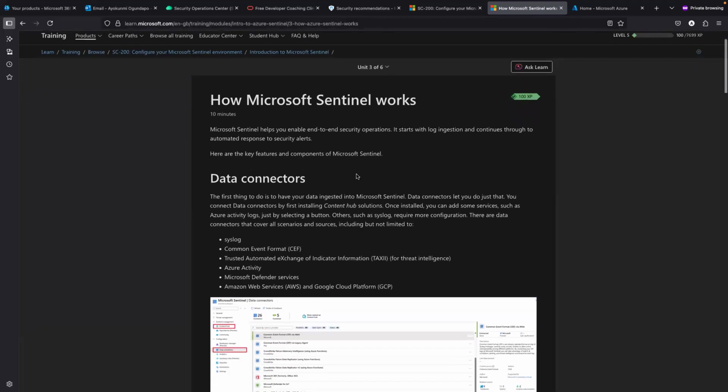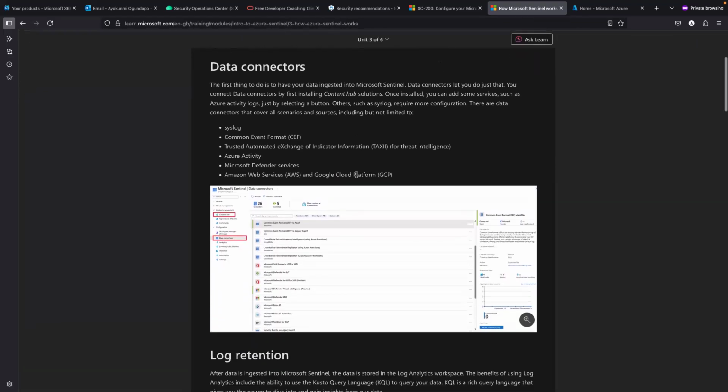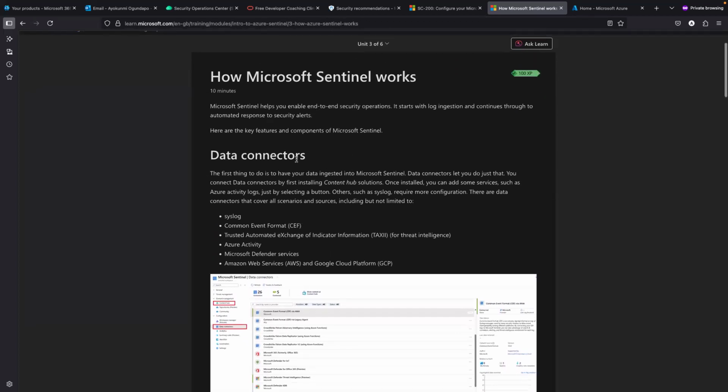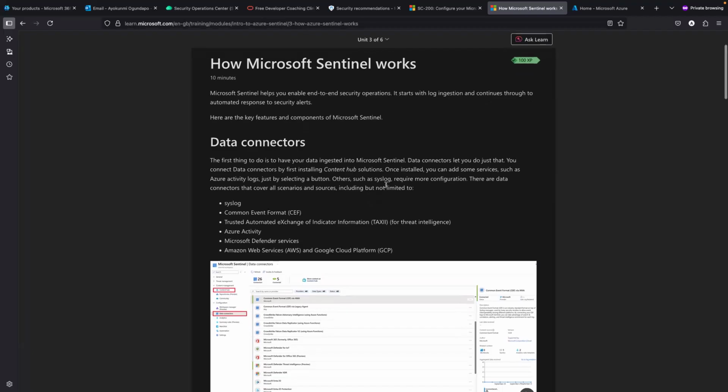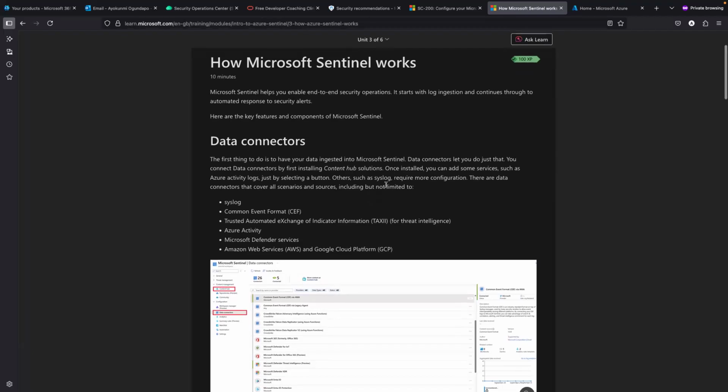How does Sentinel work? Basically, Sentinel works by collecting data from the different sources that you have using data connectors, because it depends on where the data is coming from. There are several means by which you can feed data into Sentinel. You can use Sentinel with syslog. You have some CTI protocols